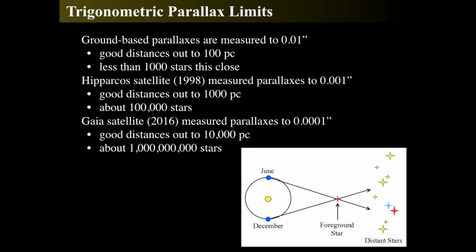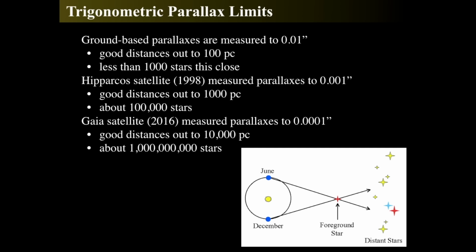But trigonometric parallax, which is the apparent motion of a foreground star with respect to much more distant stars, as a result of the Earth's orbit around the Sun and the apparent change of that location, has a distance limit. On the ground, the best you're going to get is 1/100th of an arc second, and that's going to be using adaptive optics. But the Hipparcos satellite in 1998 was incredibly good because it got out to about 1,000 parsecs,